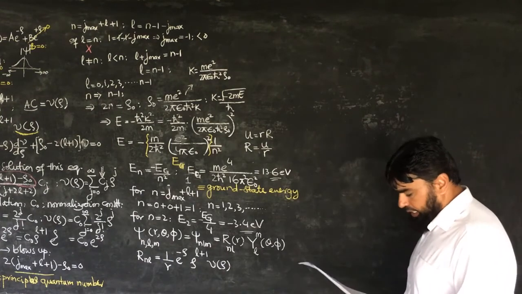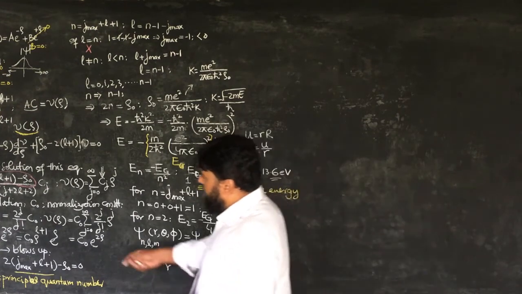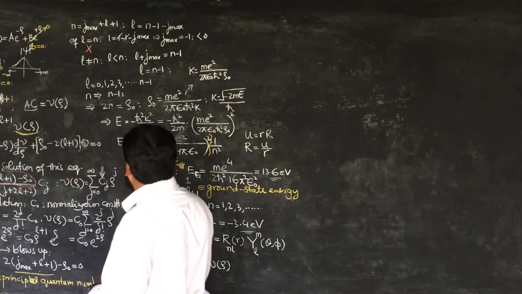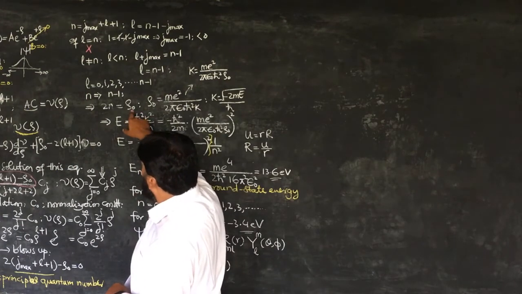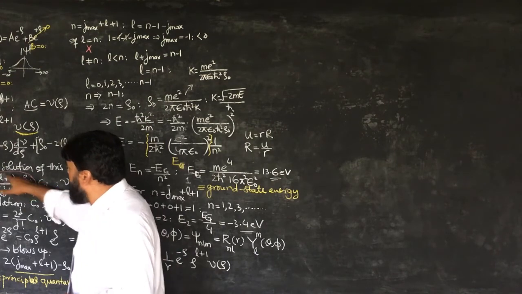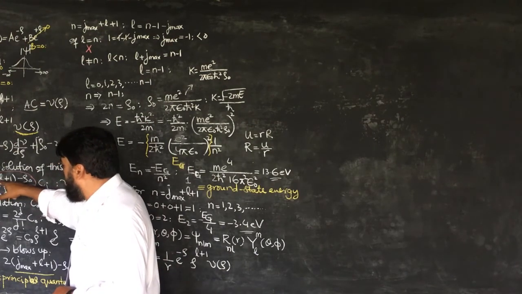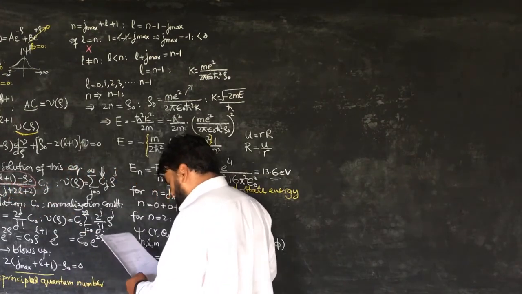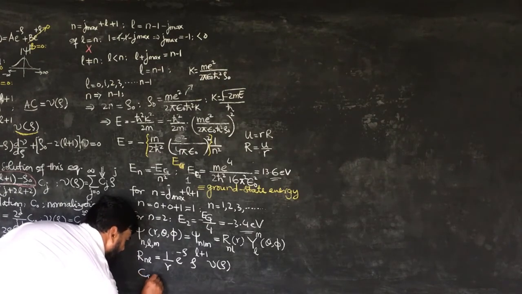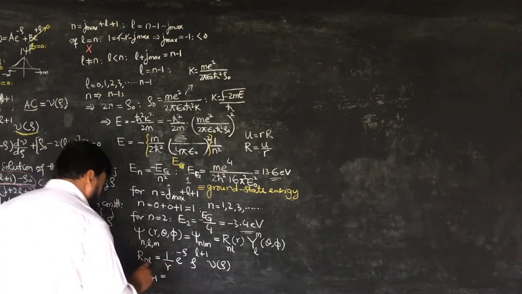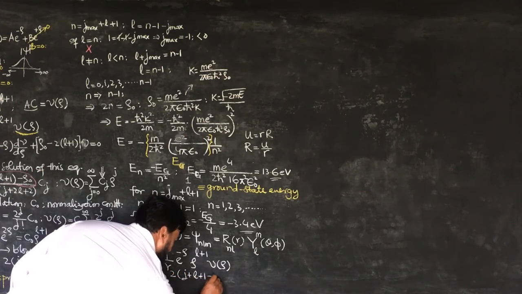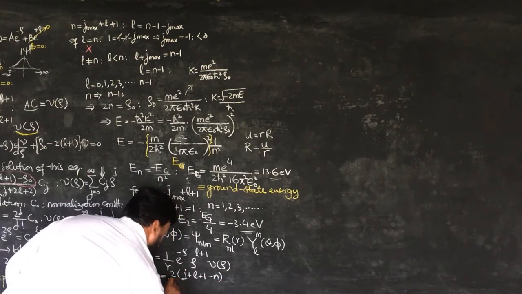This gives me a recursion relation, and the recursion relation was 2j plus L plus 1 minus rho naught, and rho naught we proved is equal to 2n. So if I put 2n here and take 2 as a whole common, then I will write j plus L plus 1 minus n. So the recursion relation becomes Cj plus 1 is equal to 2j plus L plus 1 minus n, and divided by